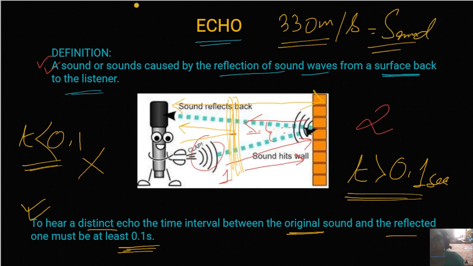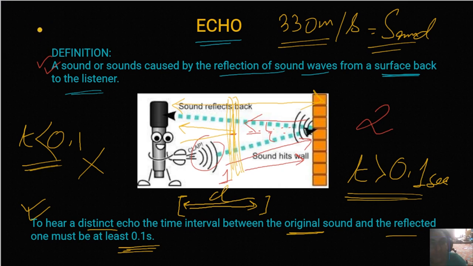So now what's happening is that if you calculate, so what is coming? Another thing that you have to remember is that if the sound is going and then coming back, then what is the distance that it is covering? Not displacement, because displacement is 0, but what is the distance? It is twice the distance between you and the wall, right?